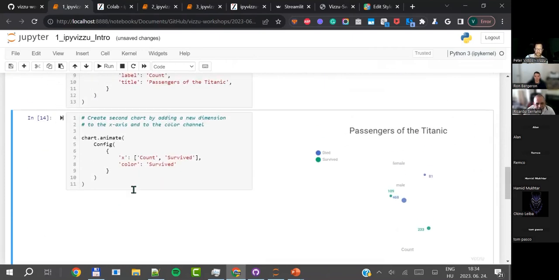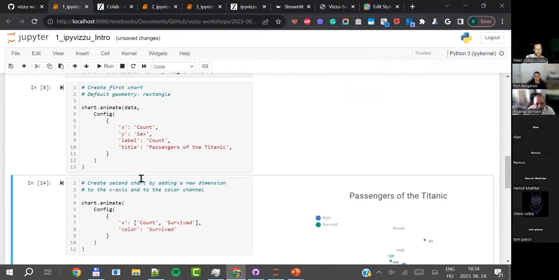Sorry, the other one was that people are not used to using generic chart creators. Every other chart library that you're using works in a way that you basically preset the chart that you want to build. So you say, I want a scatter plot, I want a bar chart, I want a pie chart, whatever, and then you fill in the blanks. So you add the parameters of that chart. And figuring out that actually a pie chart is a stacked single bar chart in the polar geometry is just not the way people approach this at all.